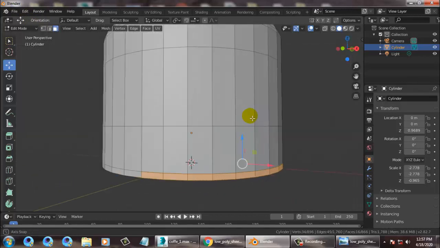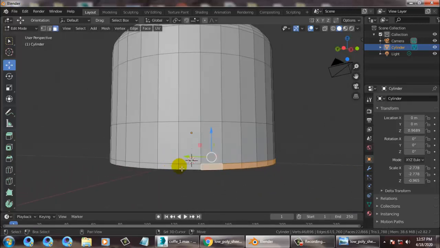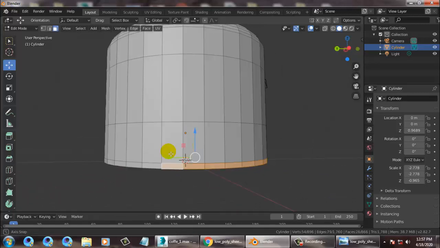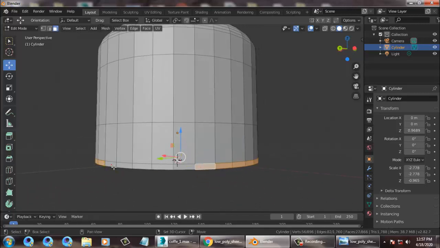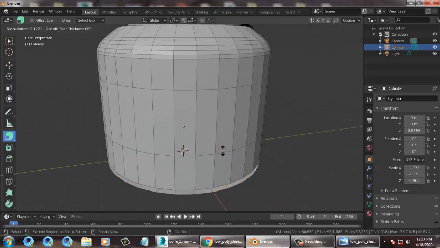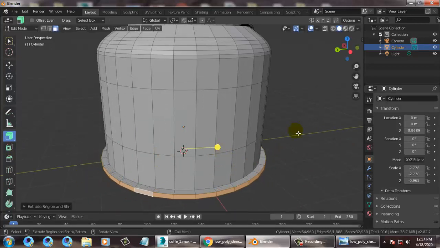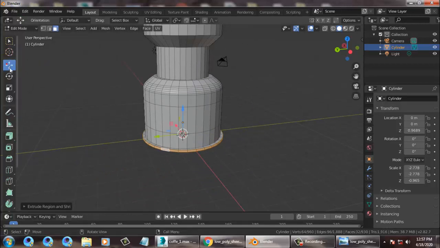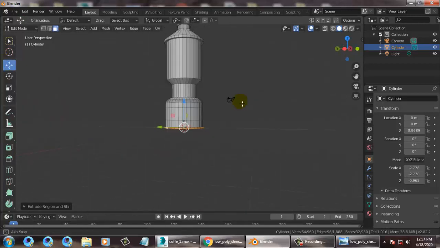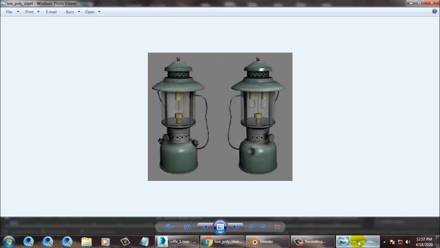Select the faces, shift and add all of this over here, and let's give a bit of extrude along normal. That's it. Come out of it. And now what I need over here is like this.